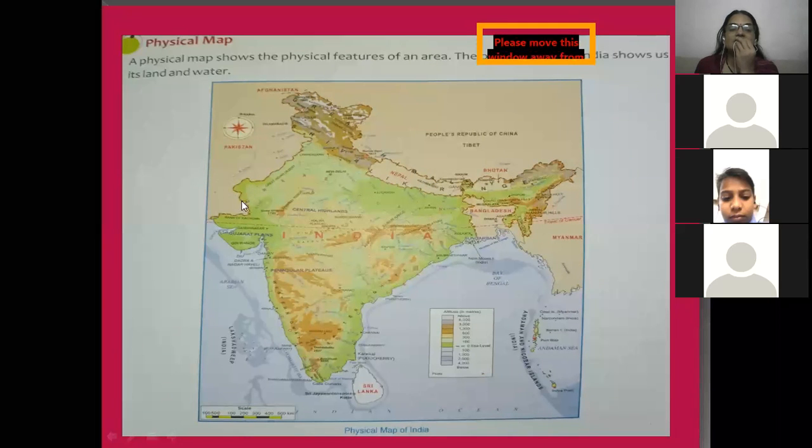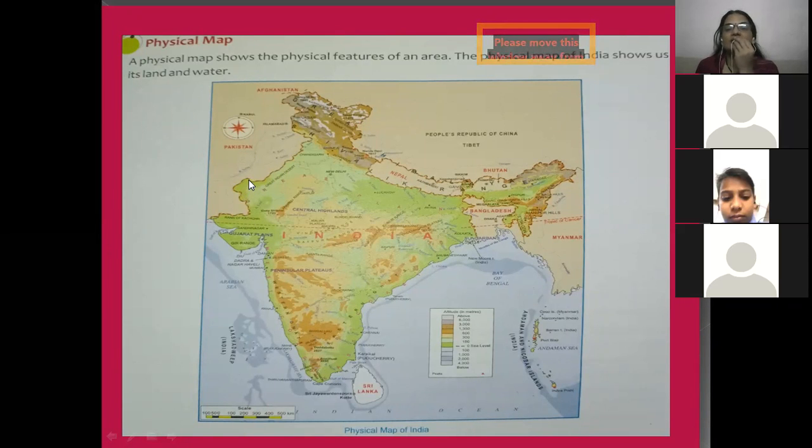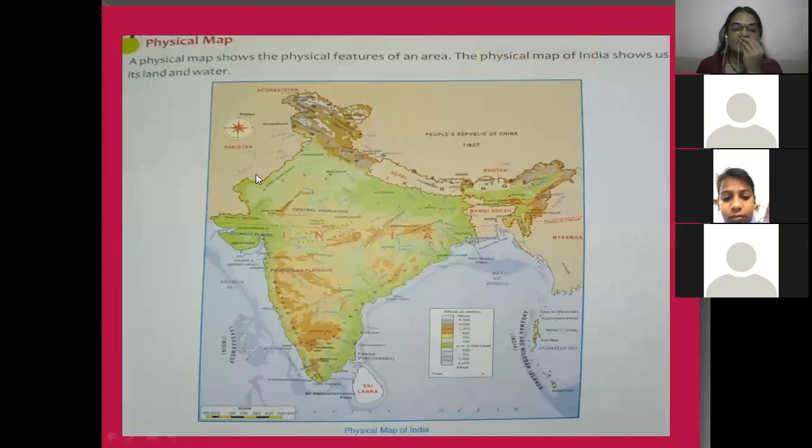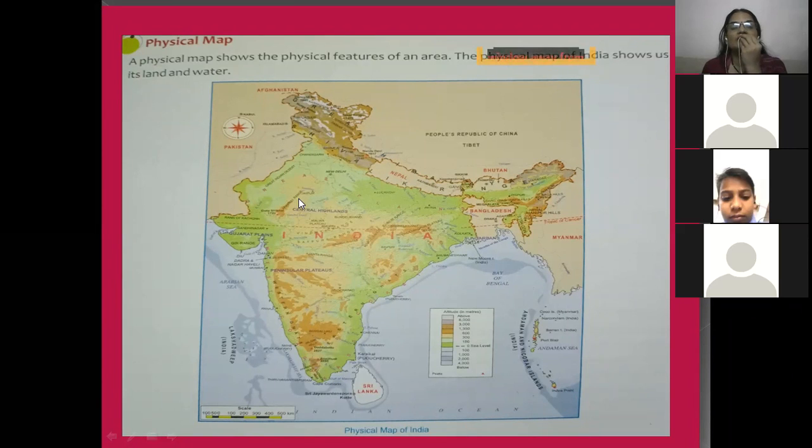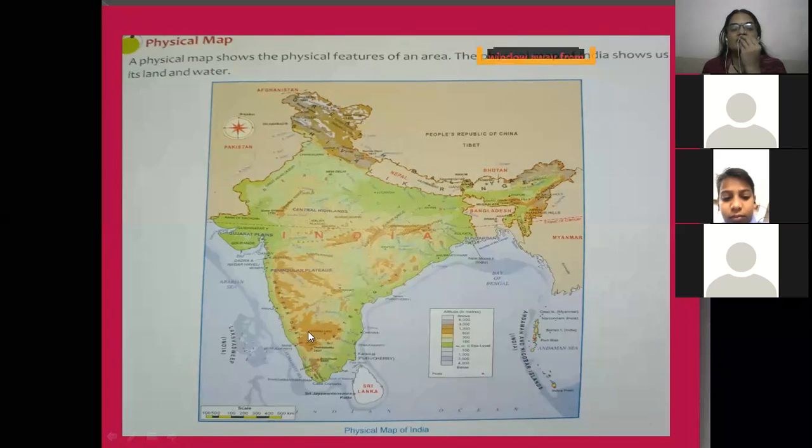Then this is the desert. This is all you know about Gujarat, Rajasthan, the desert part, and some part of Gujarat also comes under the desert area. So Gujarat and Rajasthan parts are coming under the desert area. This is the Aravalli mountain range, the oldest mountain range in India. Now this is the southern part. It is called the Deccan Plateau or the Southern Plateau, students.